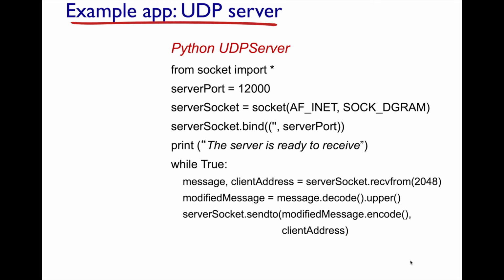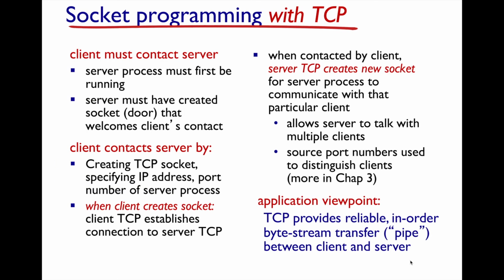So that's the unreliable service, and it could be that the client, when it sends its message, it completely gets lost, right? And that's just part of how UDP works. You just have to deal with that as an application writer, but you do get speed. Okay, so I just talked about that. I'm not going to go through that. And so the client must contact the server.